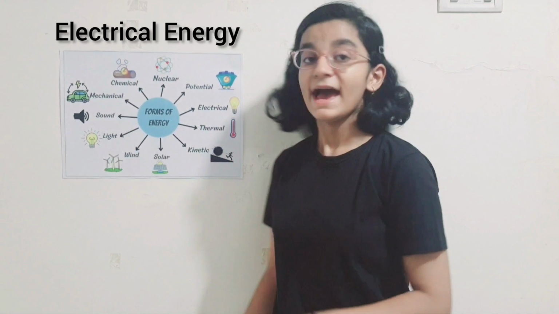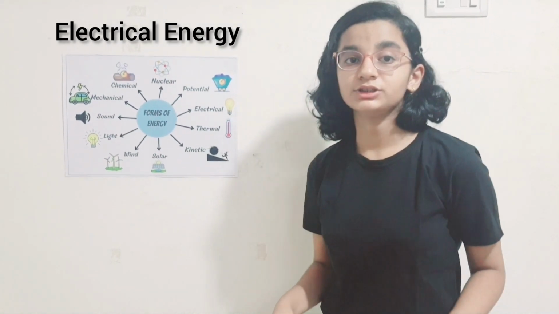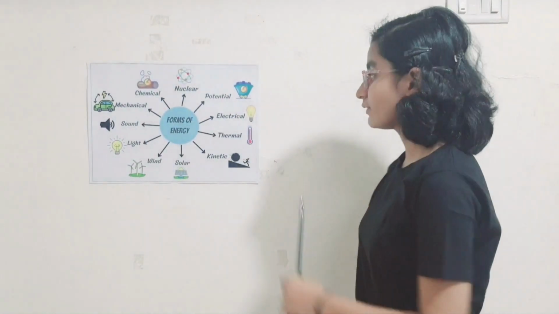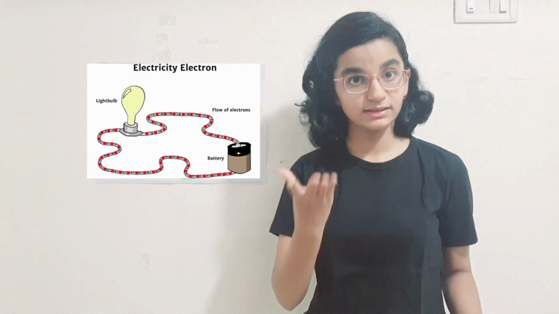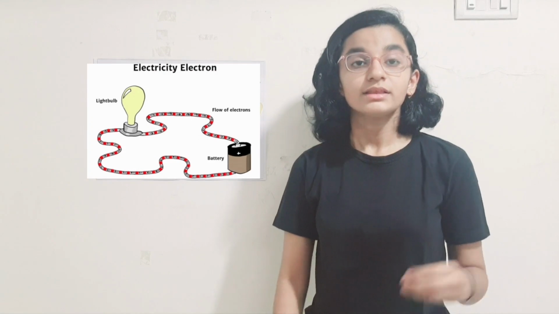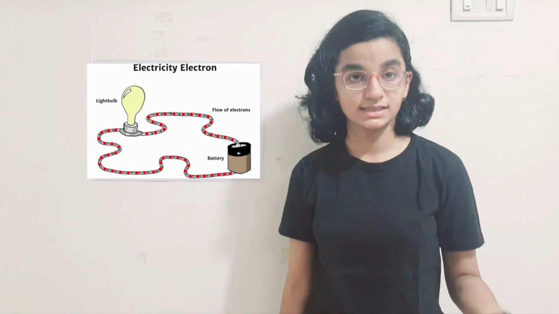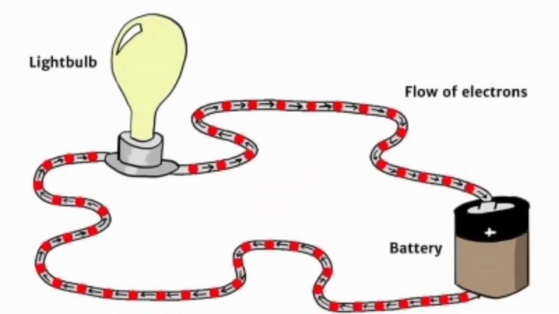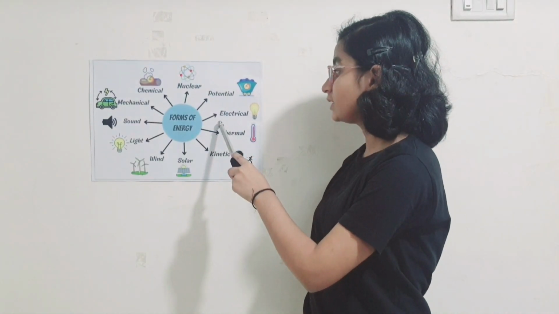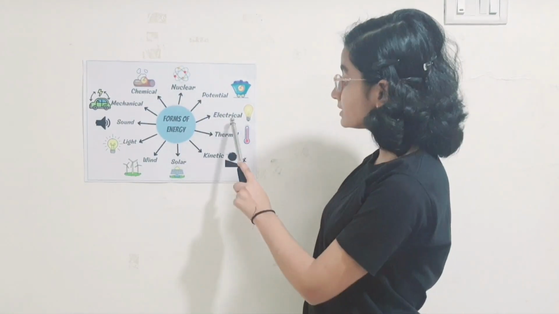Electrical energy. Electrical energy is generated at power stations and later supplied to our homes through electric wires. Electrons are present inside the electric wires. These electrons carry charges. Thus, we say that electrical energy is the flow of electrons inside the wires. Various devices such as laptop, mobile, tablet, computer, etc. use electricity.